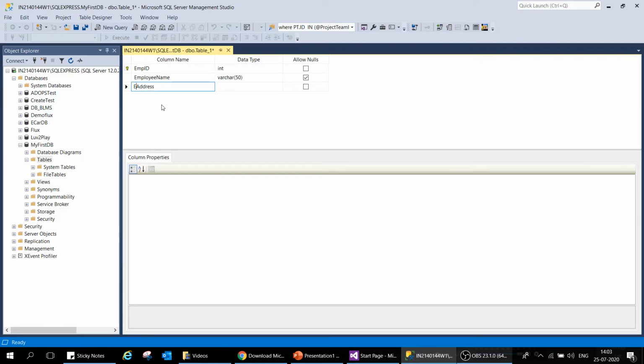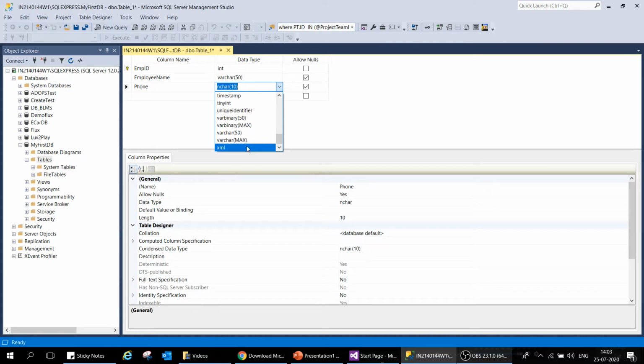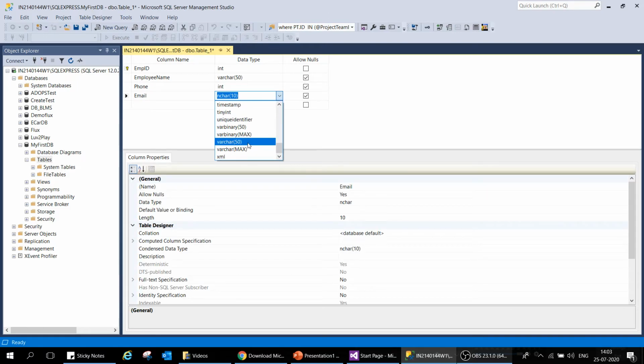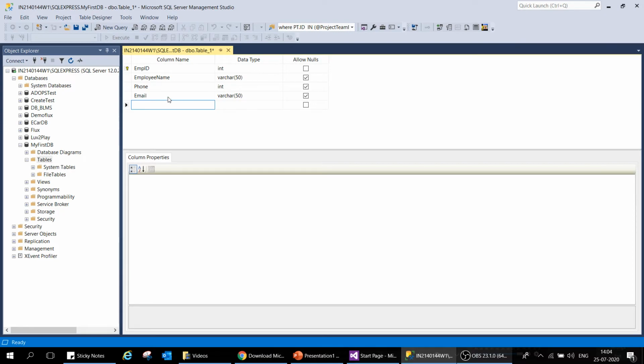Similarly, or for this demo let's keep it short, let's do phone number. The phone number will always be an integer value, so phone number cannot be a decimal value. So this is how you can design your table. So if somebody has a phone number, that's okay. If you want to make it mandatory, you can just uncheck this so that you do not allow null. Okay, it cannot be null. The last information for the employee, I think we can put the email. So similarly, we can take email as a varchar. So that's it. All this information is available in the employee table.